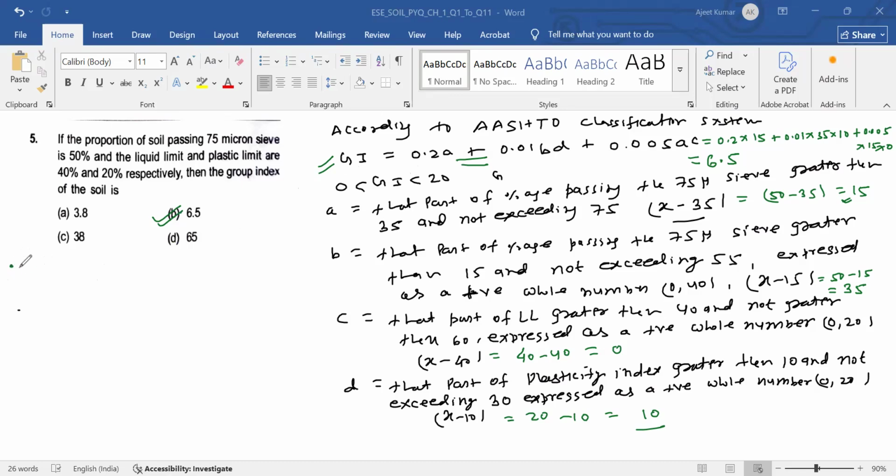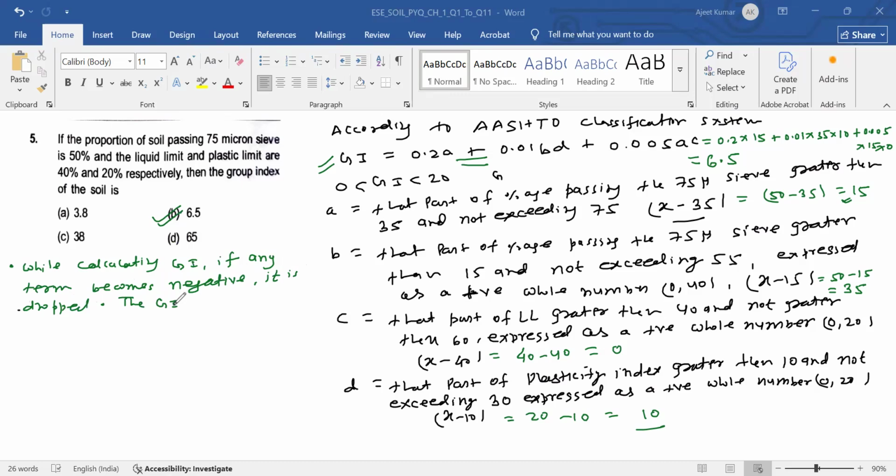The first point is, while calculating group index, if any term becomes negative, it is dropped. Okay, the group index should be rounded off